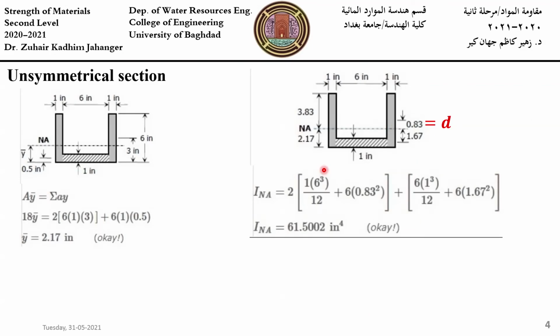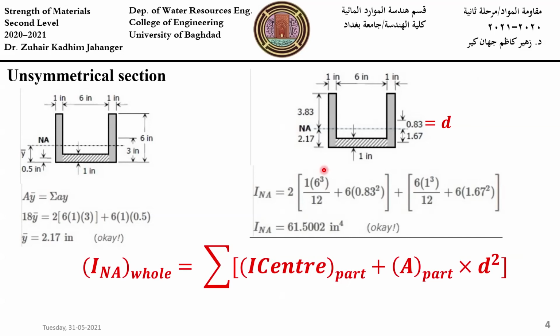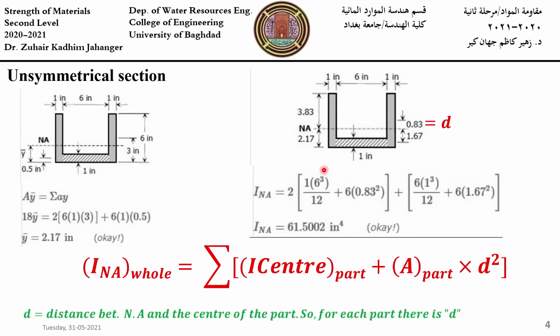And for unsymmetrical sections, we can calculate the moment of inertia for the whole body or for the whole section using this equation. And d is the distance between neutral axis and the center of the part. So for each part there is d, just